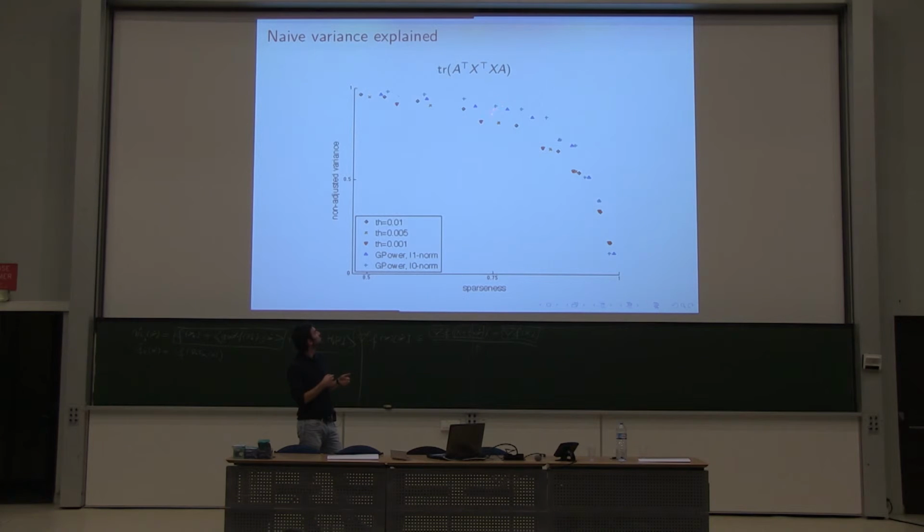So the 2 blue are Journée's method for the L0 and L1 norm, while the 3 other colors are our method for different threshold values. And you can see that there is quite a large difference in the variance explained between the 2 methods. However, we realized that this method to compute the variance was not adapted for the sparse PCA problem, because